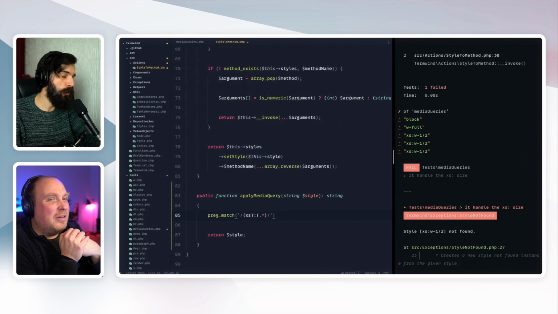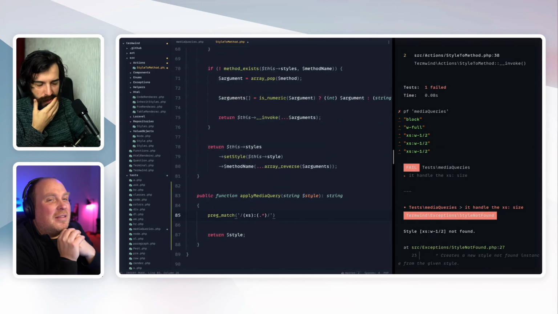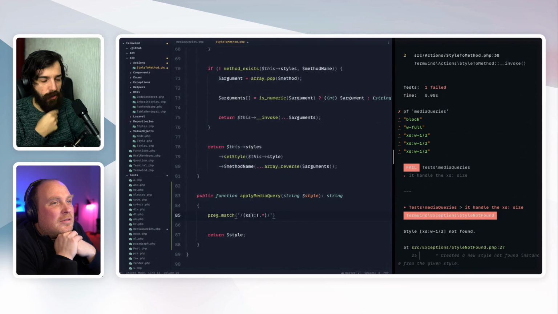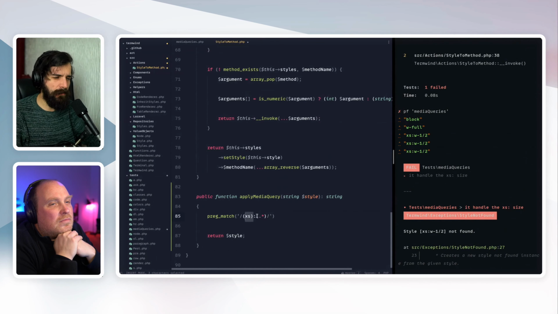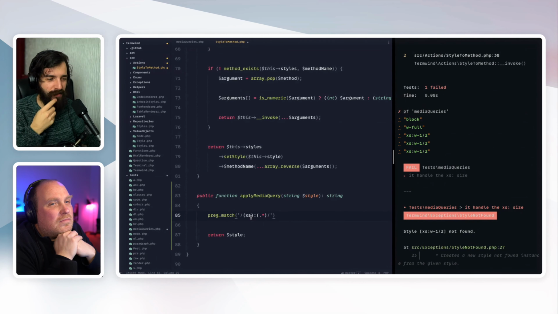If there's a colon, then the first part could be a media query. Could be a good option to check just if the string has that. But I'm not sure if you guys saw, there was, I don't remember the name, but I think it was Marcel that